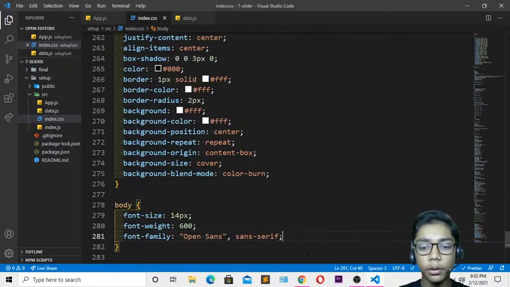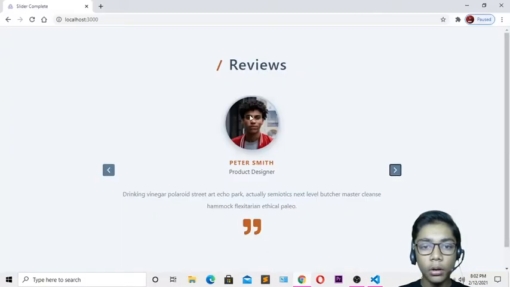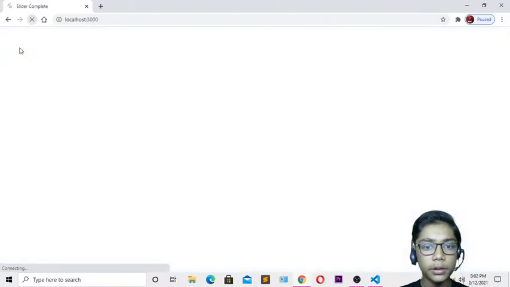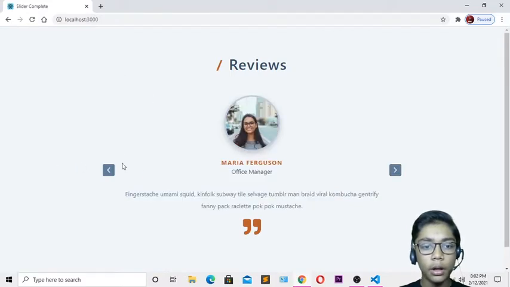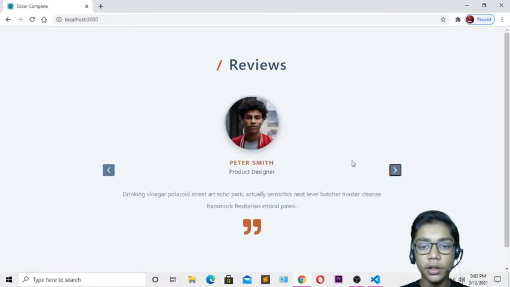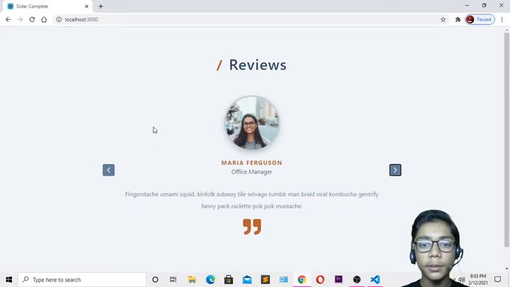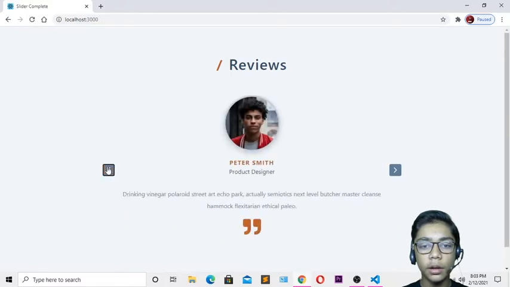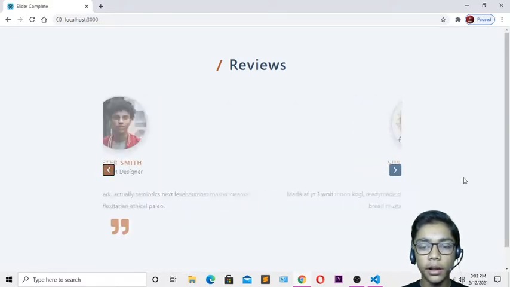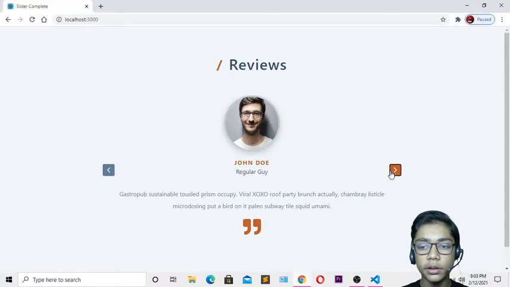So just go to Google Chrome again. So you can see that now our slider complete project is ready. If I hit refresh, you can see that now it is looking good. If I just press this sign over here, you can see that now it changed our image and our name, product designer like that, and our description is also changed. You can see again it is just changing automatically. It will be just changing all the things. Again it has been just changed. You can see that, and if I press this back button, it will be just changing again. You can see, and how good looking is that. And if I press forward one, you can see it is just going forward.